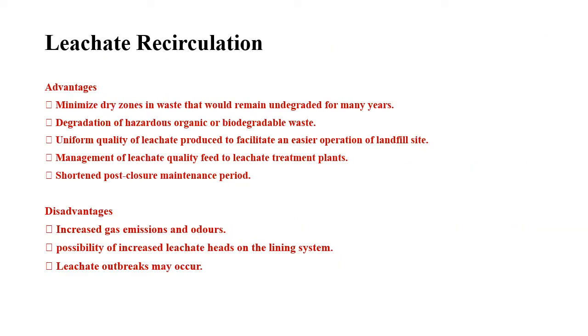Now, these are some of the advantages and disadvantages of the leachate recirculation process. If we look at the advantages, obviously, when you are recirculating the same leachate through the landfill, there will be variation in the quality of the leachate, and ultimately you will be able to achieve a uniform quality of leachate. And then based on the leachate quality, a particular treatment technique can be applied. This is also a form of temporary storage of leachate, so you can bring down your cost which has to be utilized for leachate disposal measures.